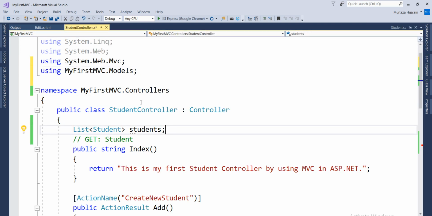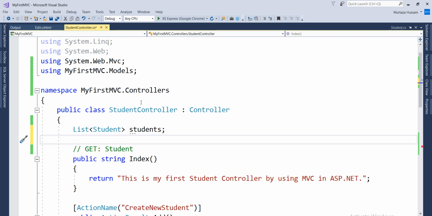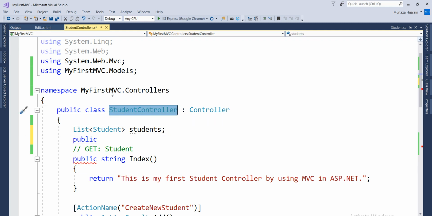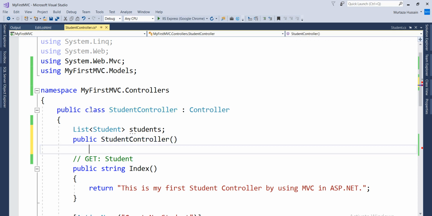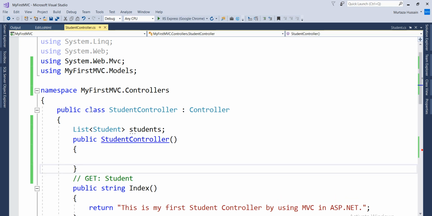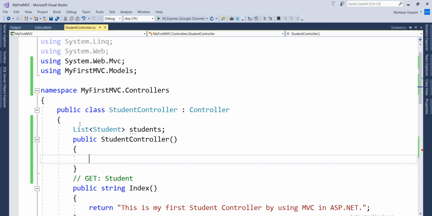So let's also create a public constructor of this class, so that we may populate the list, because I'm not going to link it right now with the database. That's why I have taken a list variable, and I'm going to populate it with the student object. An empty, non-parameterized constructor will be created here, and this student list will be populated. I have already done it